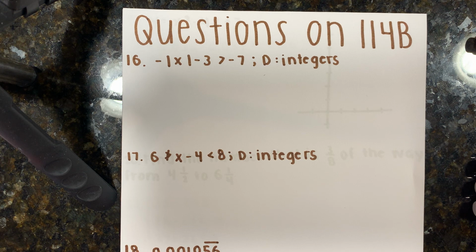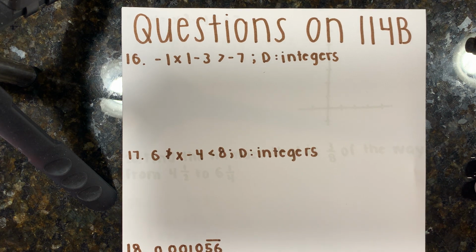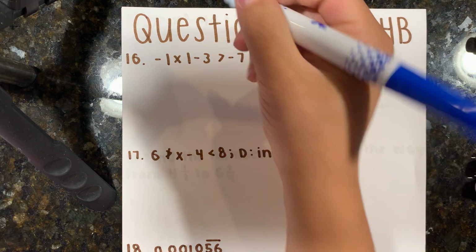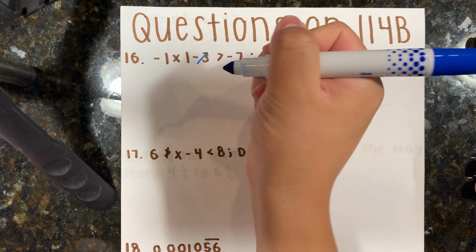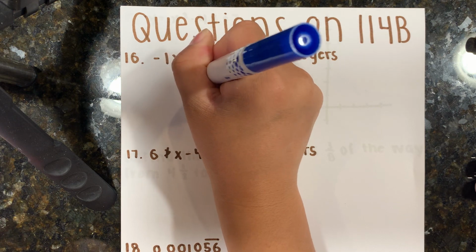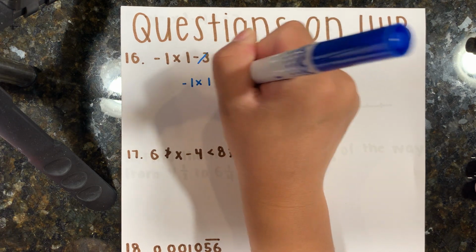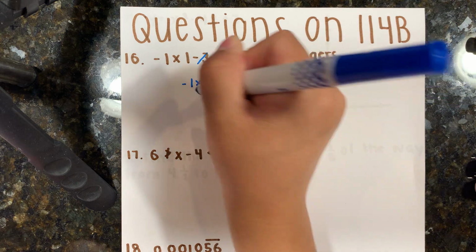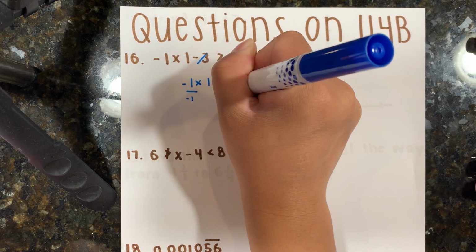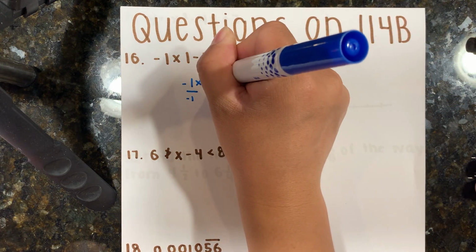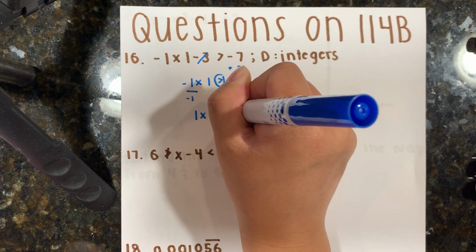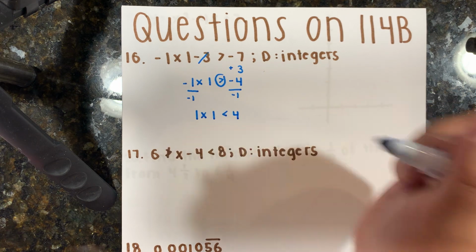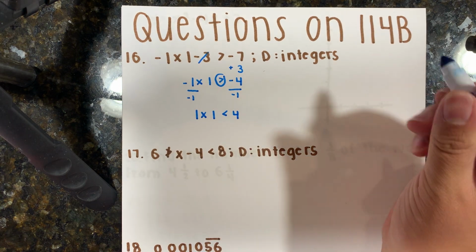So on to your questions on lesson 114B. I am going to start by moving the 3 to the other side, so adding 3. So it'd be negative absolute value of x is greater than negative 4. Then when I divide by negative 1, I also need to flip the sign. So that's going to be the absolute value of x is less than positive 4, which means that my two